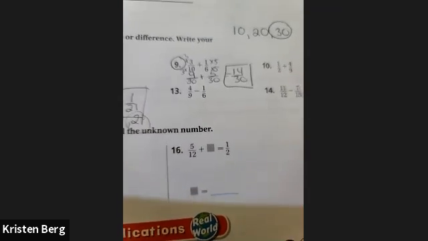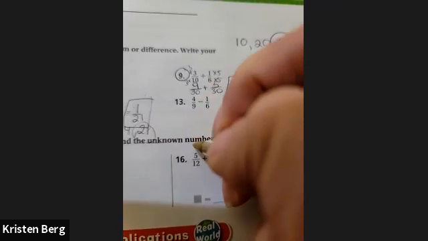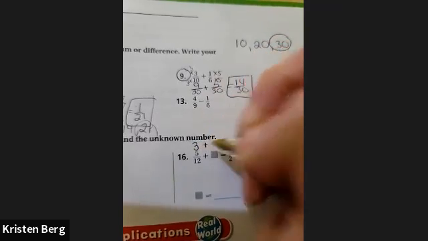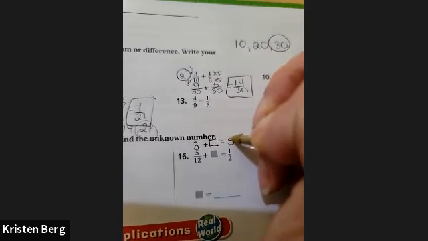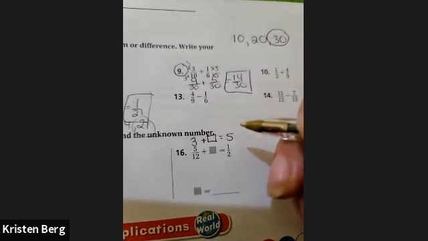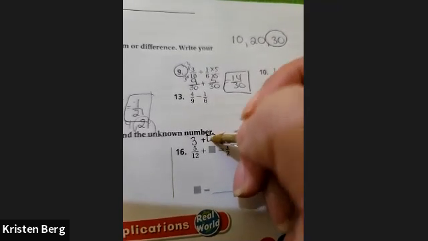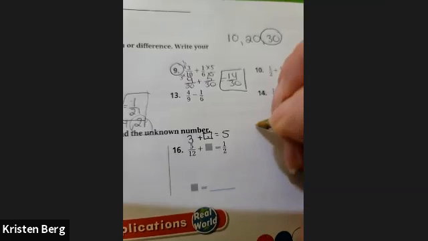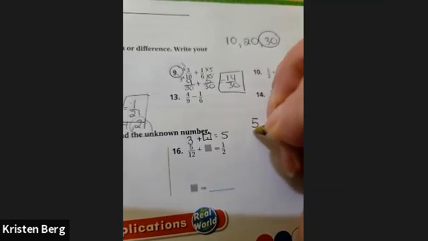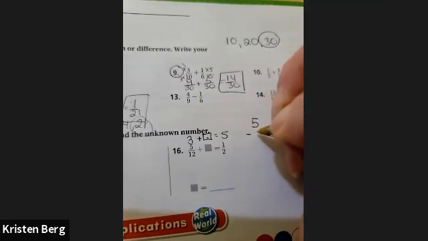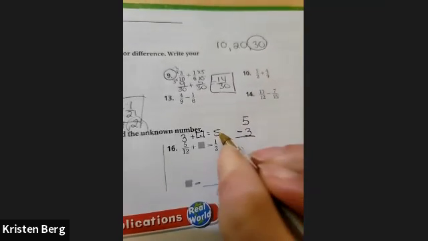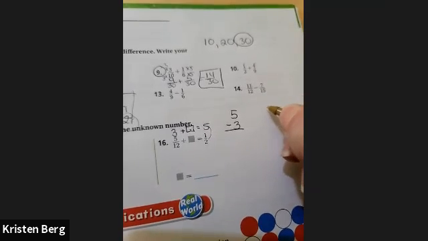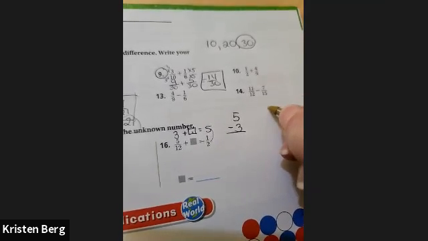Here, again, I'm just going to use an easy problem. This is going to be 3 plus blank equals 5. Now, how would I solve for this number right here? Well, in this case, I would have to do the opposite, which is 5 minus 3 will give me my blank. So in this case, I've got to do that, whatever that 5 is linked to, which is the half